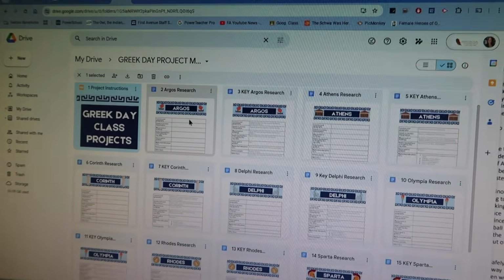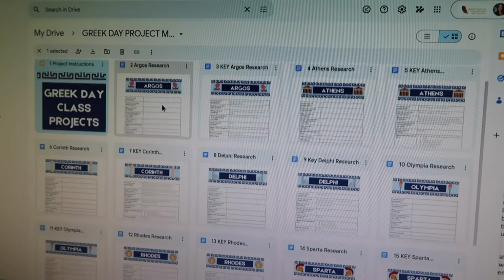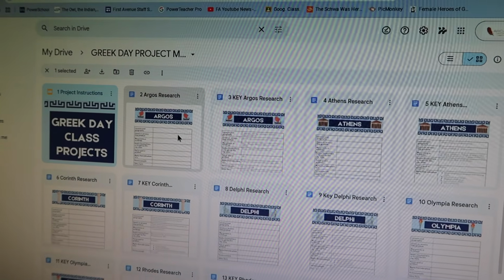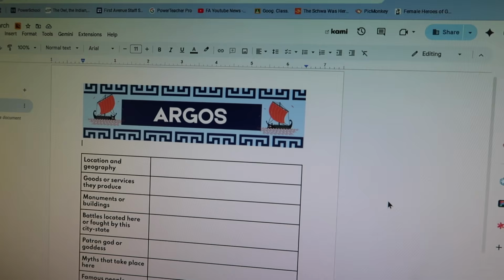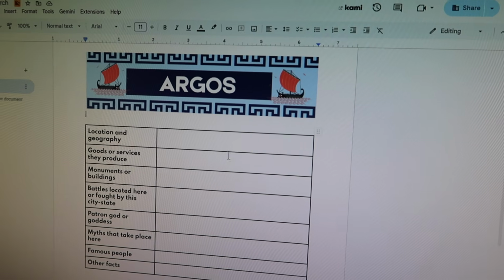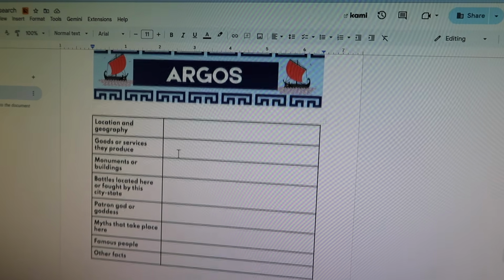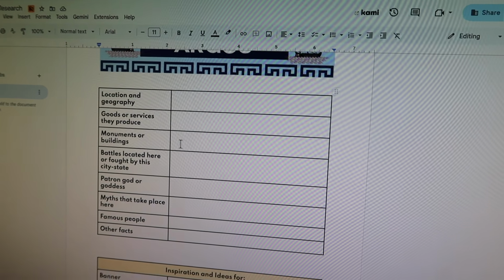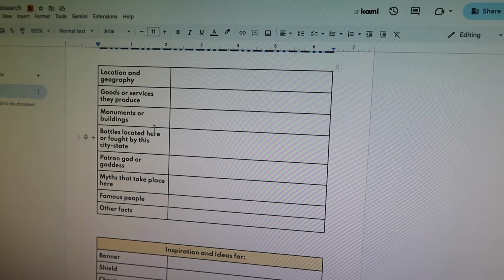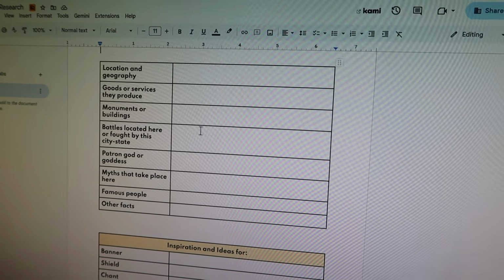Okay. Those are just the general instructions. And then I've got the different city-states. So like Argos, for example. For all the city-states, they need to find the location, geography, what goods or services they produced, any monuments or buildings, because they can use this on their banner and shield or whatever.